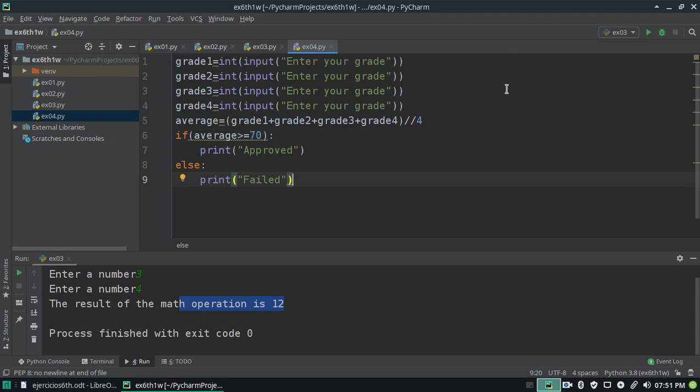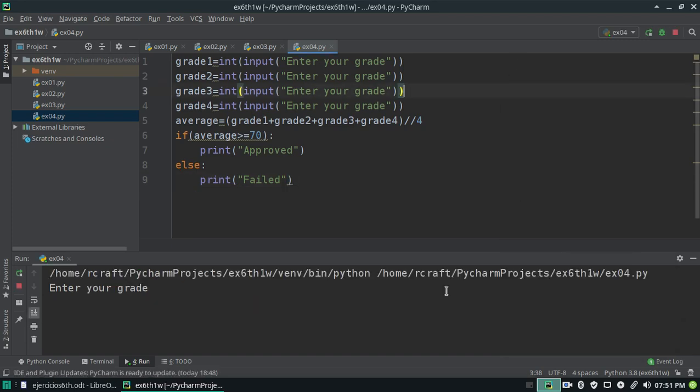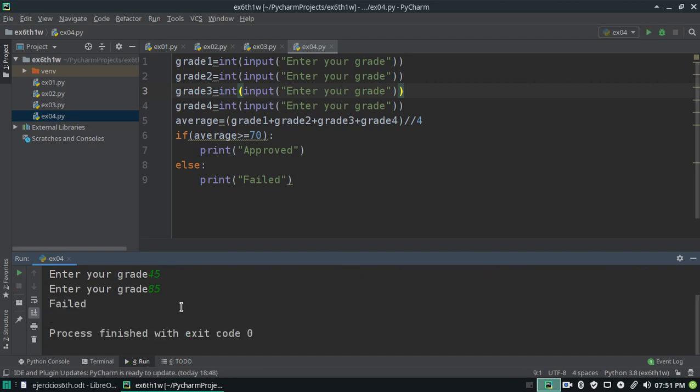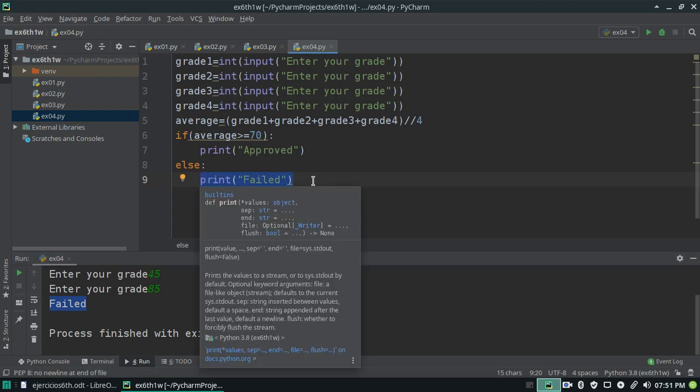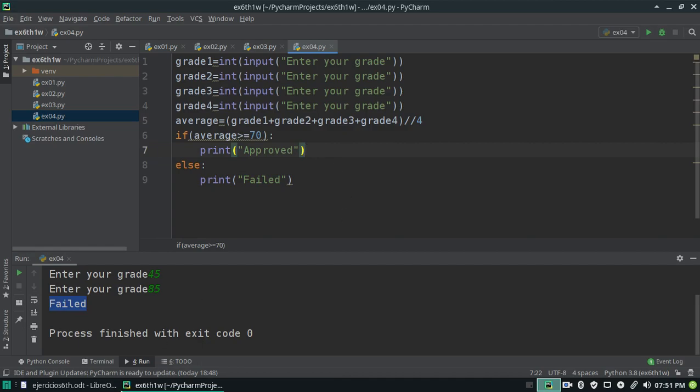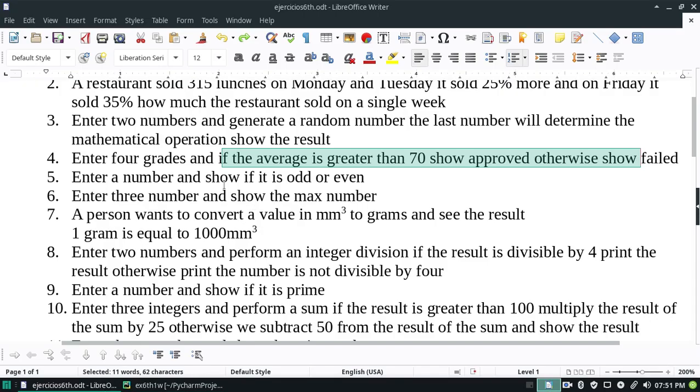Now, we are going to run the exercise number 4. And the average is telling us that failed. And it's working good. So now